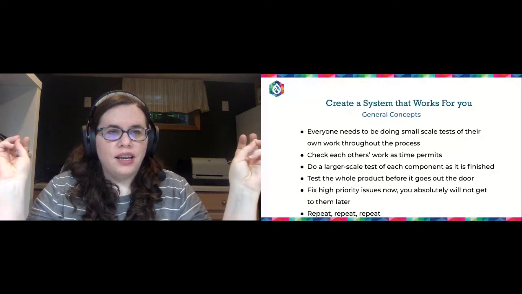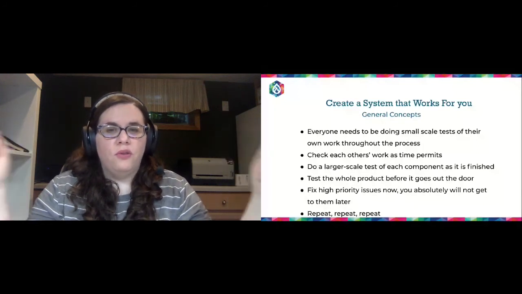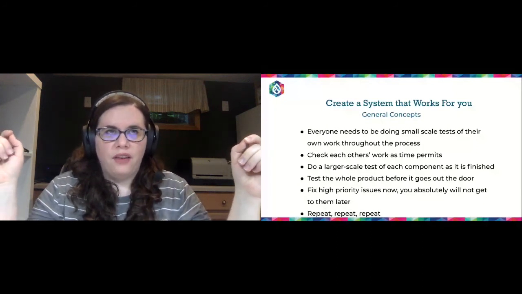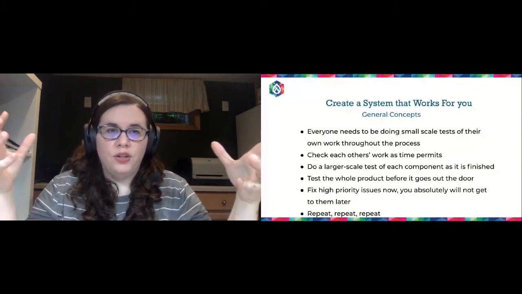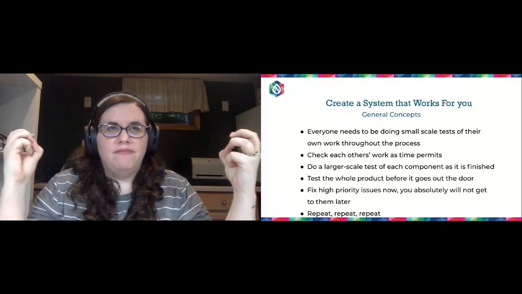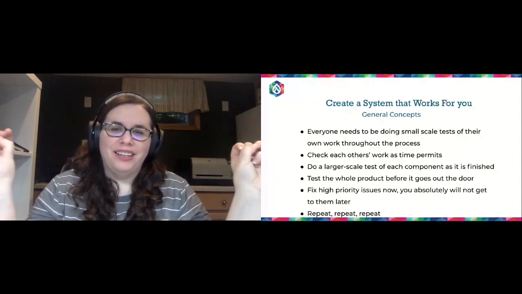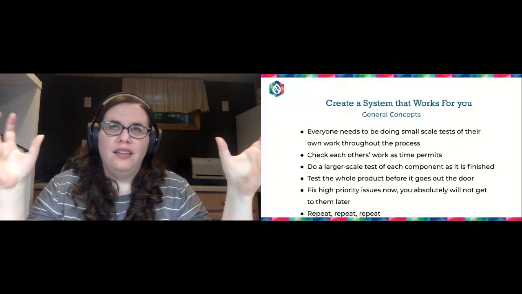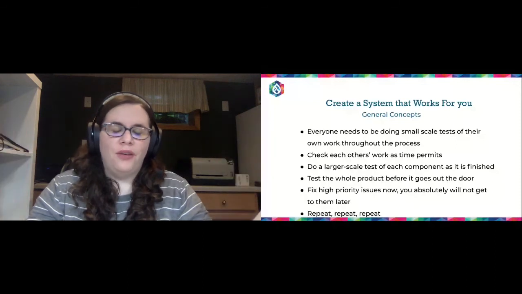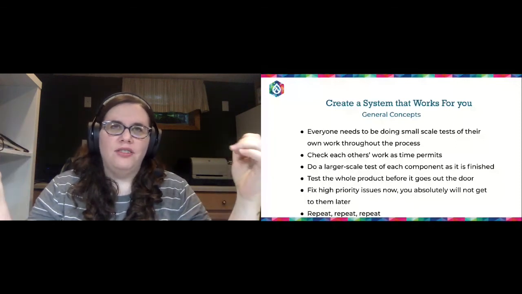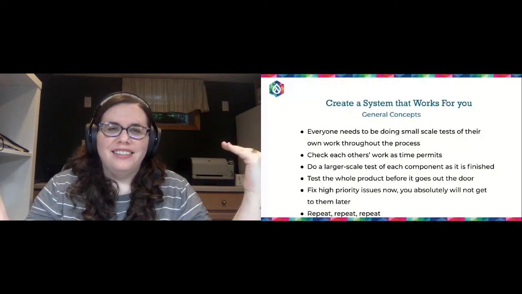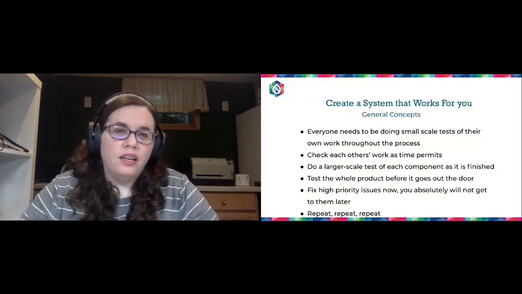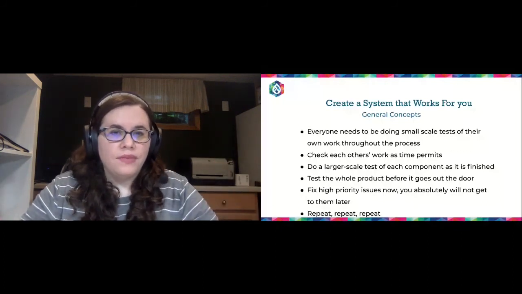I will also say that there's nothing quite as helpful as a formal usability test. So actually having users come in, test it, and show you the exact things that could be problematic. It's eye-opening and very humbling to have a product that you think is out the door, good to go, and then you have a usability test and it's just not working. And so it's a very valuable thing. If you can, I would highly recommend it.